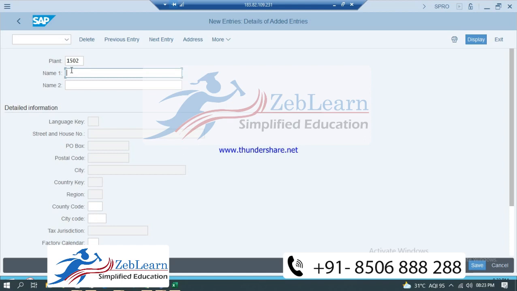Suppose you have 5 plants. Let's take 5 plants as 1000, 2000, 3000, 4000, 5000, in a serial like this. This is decided by the client, and the address also has to be decided by the client only. So my next plant will be in Gurgaon, so I will be taking Gurgaon plant.